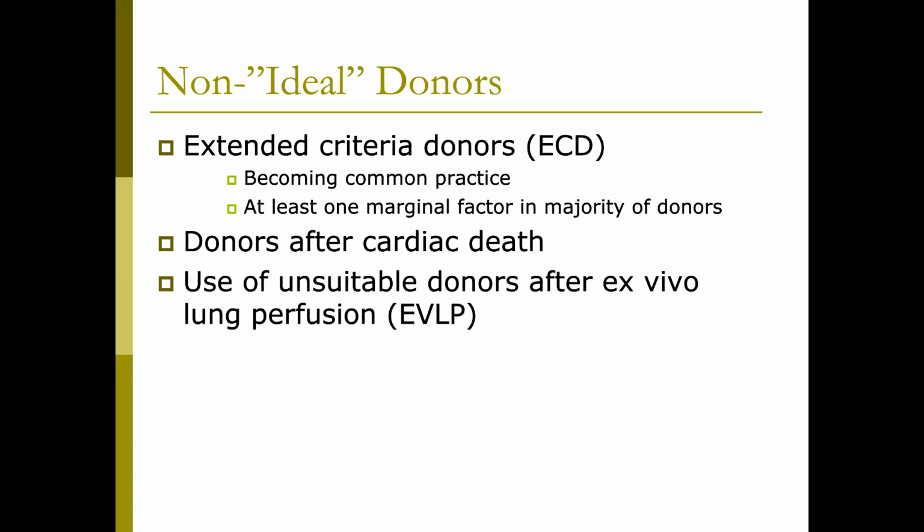So then who is non-ideal, and how can we, like I said, improve or maximize the likelihood of procuring those organs for transplant? Extended criteria donors, this kind of fancy word, has been used to move away from ideal donors and maybe distinguish those individuals that don't fill all those criteria to become an ideal donor. What's important here is that at least one marginal factor will be present in the majority of donors, but very rarely do we have